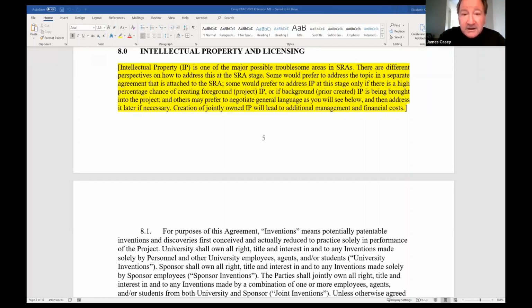Sometimes in reality, I would ask, to start with, the faculty member, what do you see coming out of this? Do you see any intellectual property coming out of it? Generally, I'd mean patents, but it could be copyright also, other forms of IP. But in the main, we're talking about patentable material.